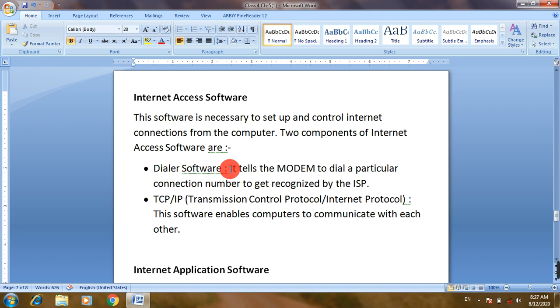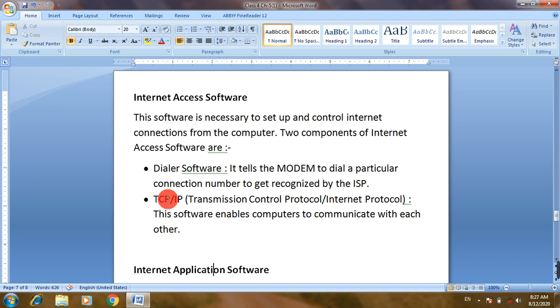When you get internet connection from a company for dial-up connection, you will get a particular number from the company, and you have to dial that number to get connected with the internet. So dialer software dials that particular connection number given by the company to get connected to the internet.